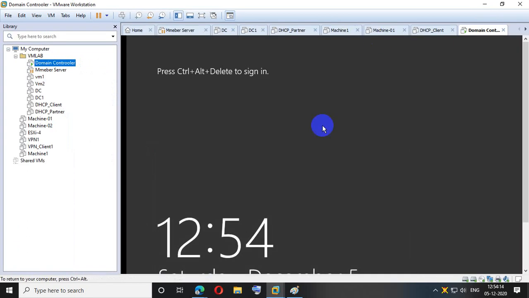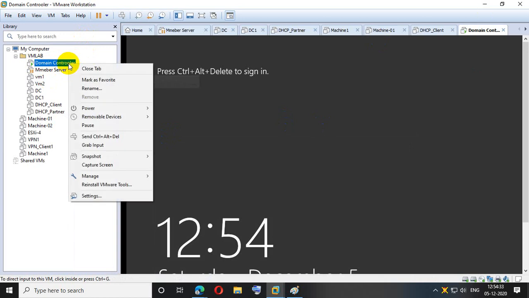So before that I need one centralized storage. Here I am using the domain controller as a storage server, but organizations definitely have their own storage servers, so you need not worry about it. You raise a request to the storage team and they will create the share path. So here in the domain controller,